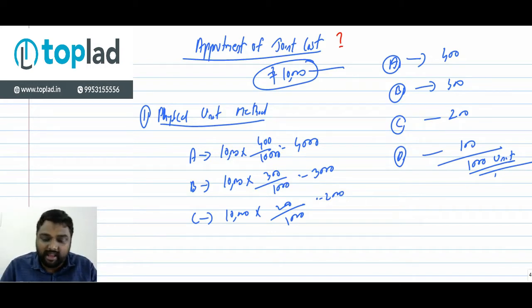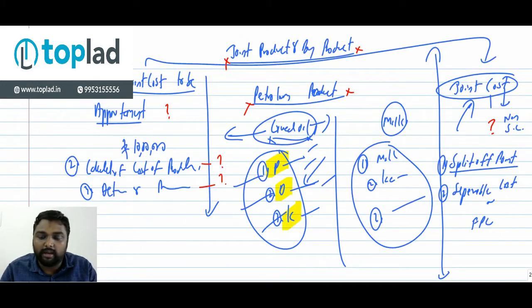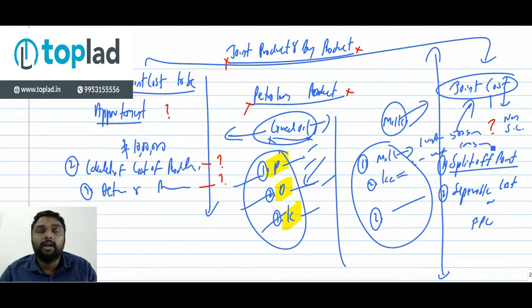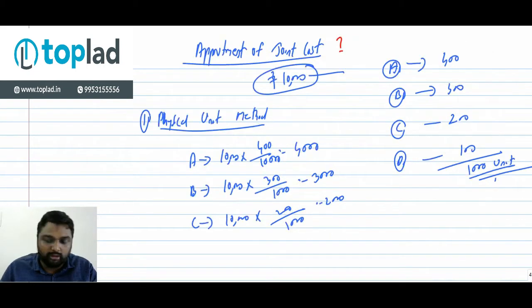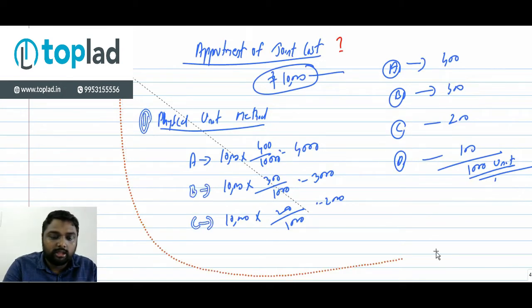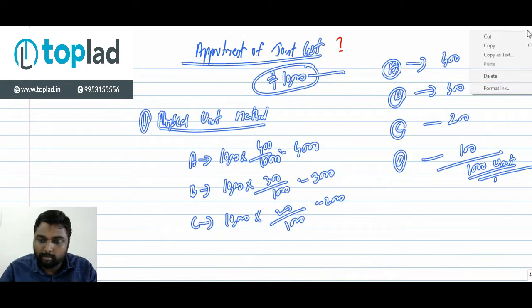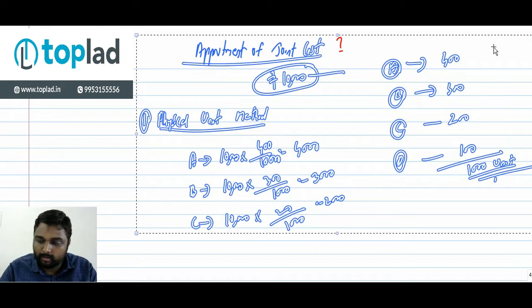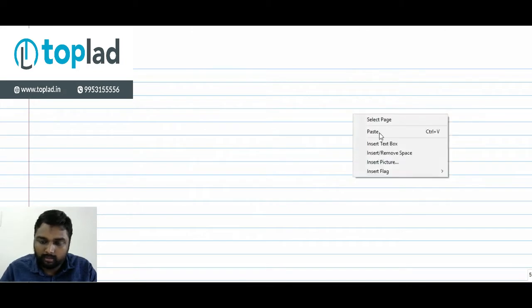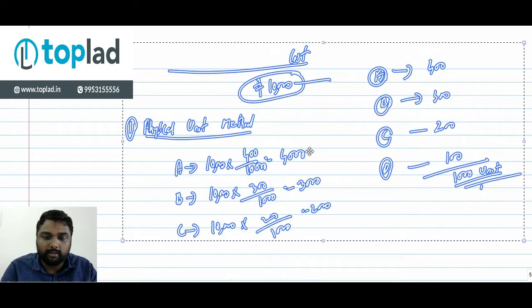Let us take an example, the milk and ice cream example we discussed. If a milk 1 unit means maybe 500 gram, but an ice cream 1 unit means only 100 gram. So can a physical unit always be the same thing? No. So there are a lot of other opinions. So there is another method.